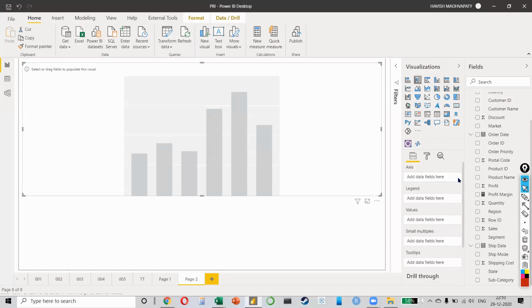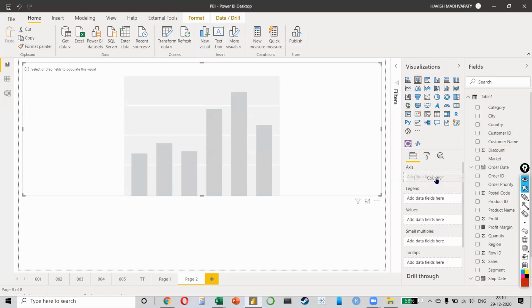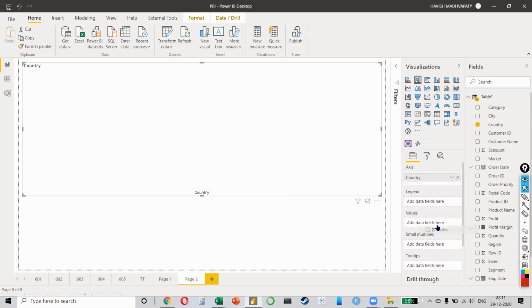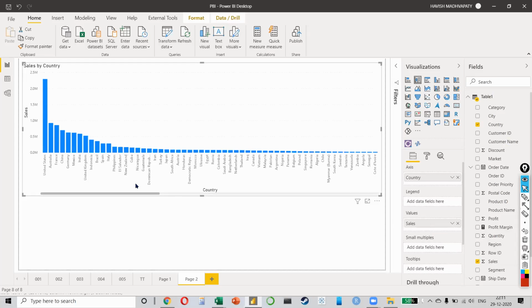No, in fact, we can't select our state since there'll be so many of them. We can keep Market. Since this is the global data, we can keep the country. Let's keep the country here. So let's keep the country in the axis, and let's keep the sales value in the values, right? It should look like this.